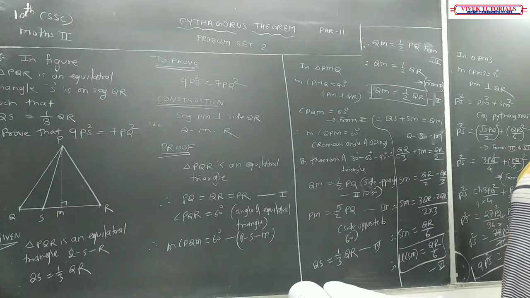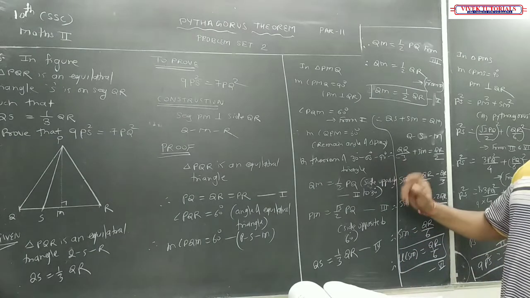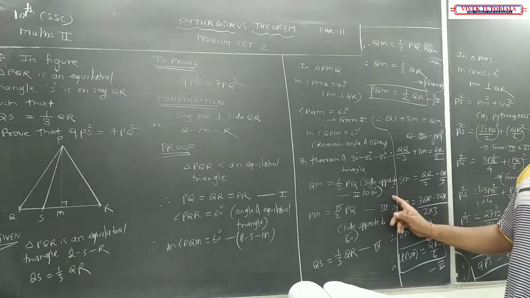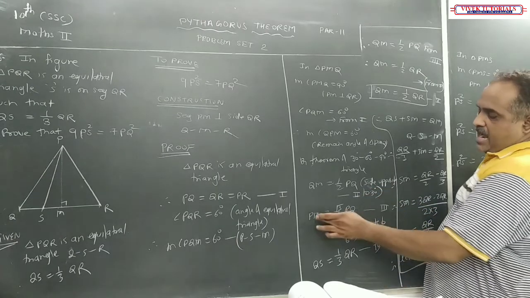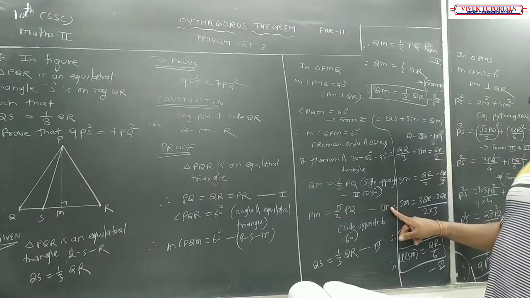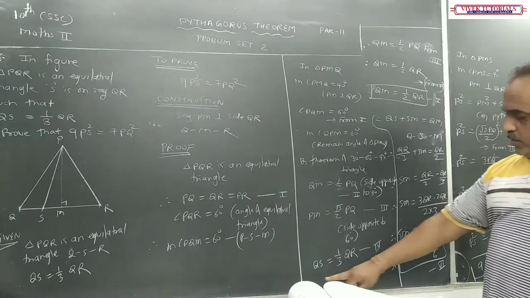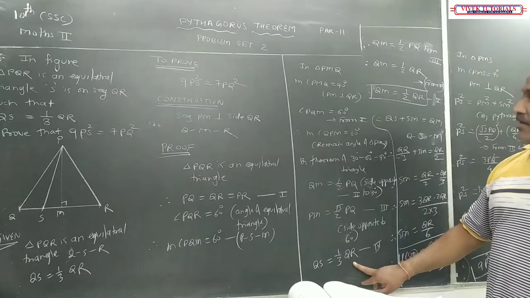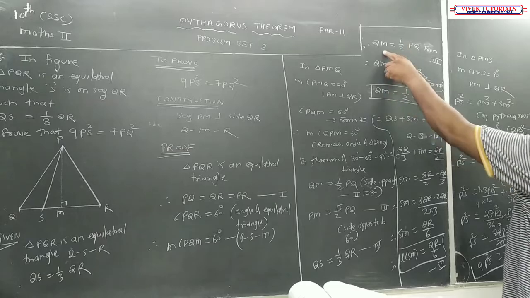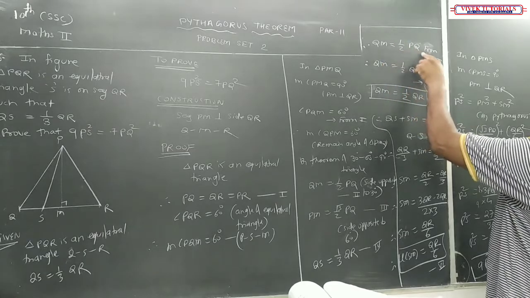I applied 30, 60, 90 degrees triangle theorem. QM will become half of PQ, side opposite to 30 degree, and PM will be root 3 upon 2 times PQ, equation 3. And QS is 1/3 of QR they have given, so QM is equal to half of PQ